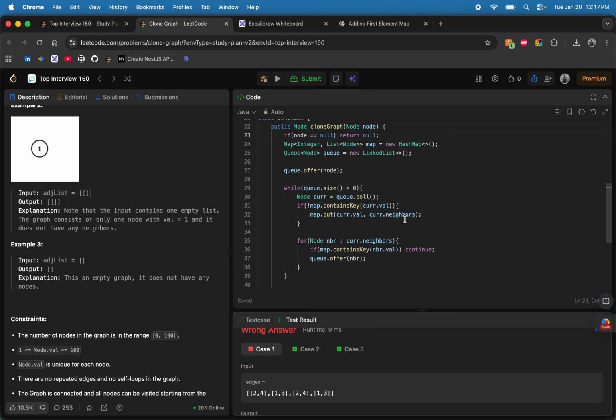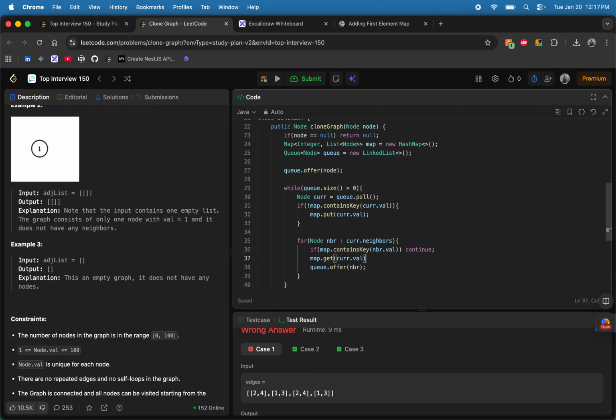So let's see, if it is not, then we can add it to the map.get